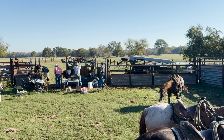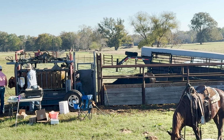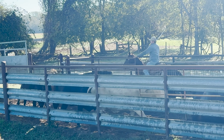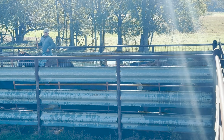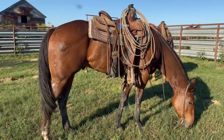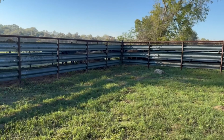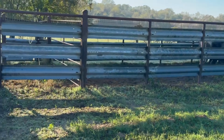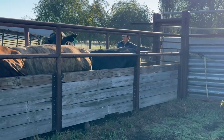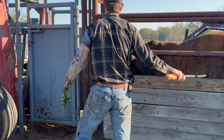You can see it takes quite a crew. We've got 5 guys up around the chute, 1 guy running the chute, 2 guys on the head, one of those deworming the cattle, the other one aging the cattle, and applying an ear tag that specifies their age and how far along they are as far as being bred. So Dr. Bonner, who is at the back end of the chute, is palpating each cow as they come through